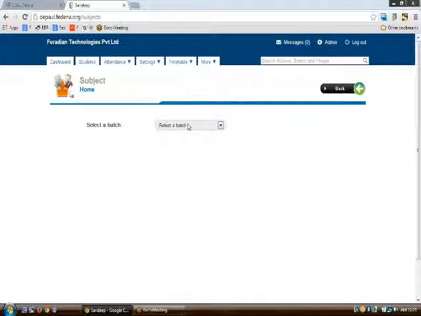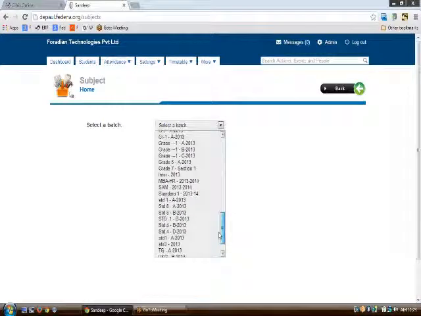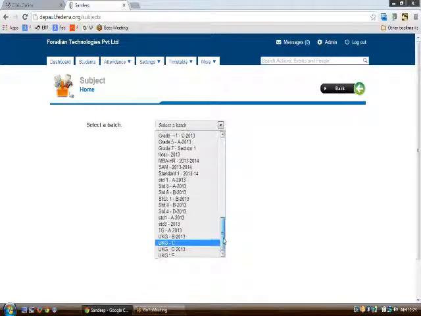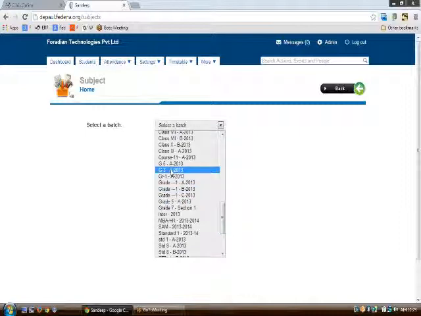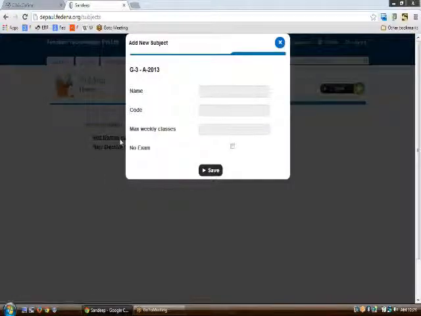To manage your subjects, you need to click on select batch and select your batch there, and add a normal subject. If you want to add a normal subject, you can add it by using the name, the code, the weekly classes, and the examinations.